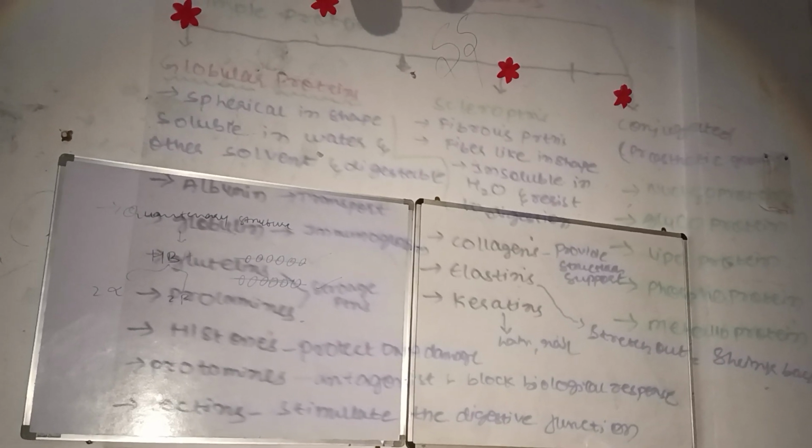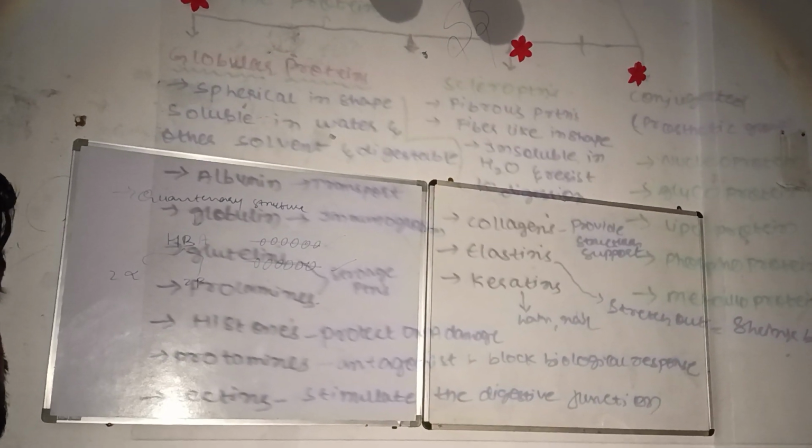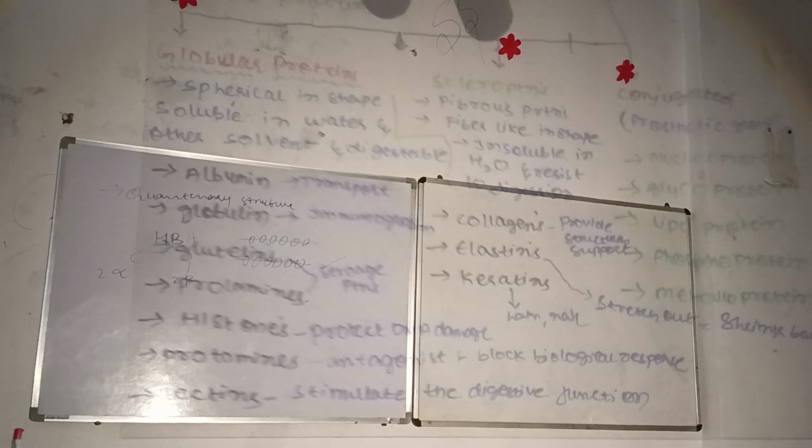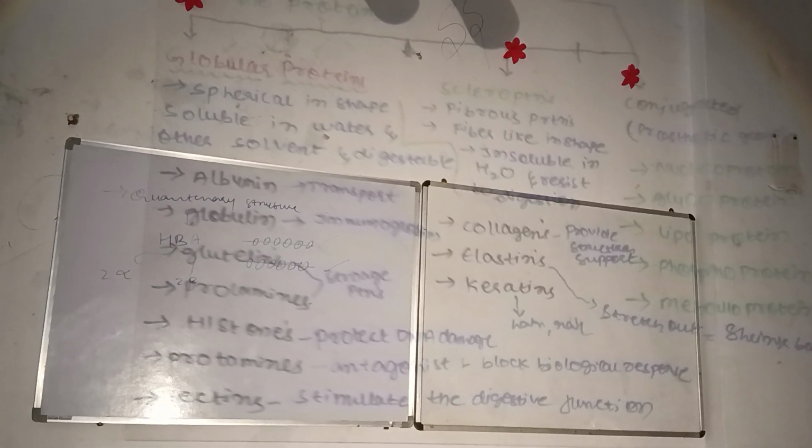Next thing is the protamines. Protamines will be acting as an antagonist. Now, the term antagonist is used for the biological blocking of certain responses. Generally, in our laboratory use, whenever somebody is having an overdose of heparin, if an overdose of heparin happens, what may the patient suffer from?